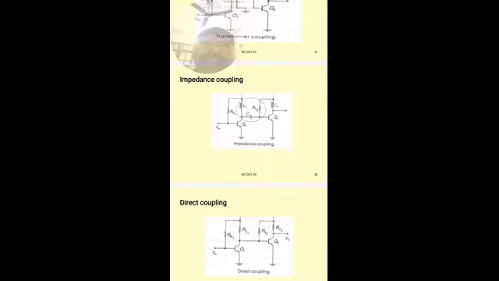If the feedback signal is in phase with the input signal, then the feedback signal and the input signal get added. If the feedback signal is out of phase with the input signal, then the two signals get subtracted. So if the feedback signal and the input signal are in phase, the two signals are added and the resultant output signal increases. This type of feedback is called positive feedback.